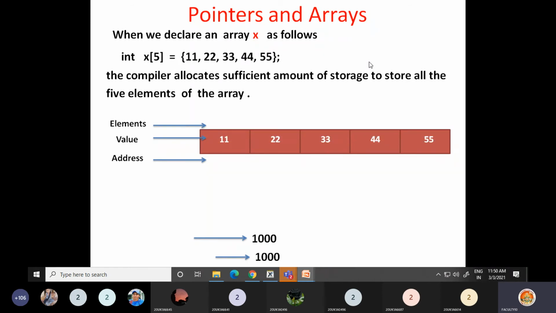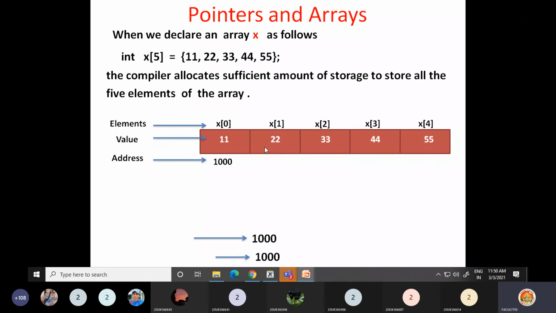Like this. Now see, for storing 5 elements, this is the memory allocated for this variable x. And how can we access each element? x[0], x[1], x[2], x[3], and x[4]. Assume the address of 11 is 1000.